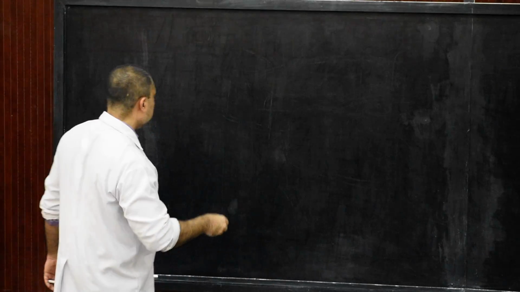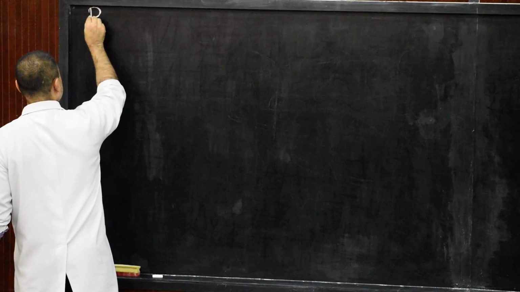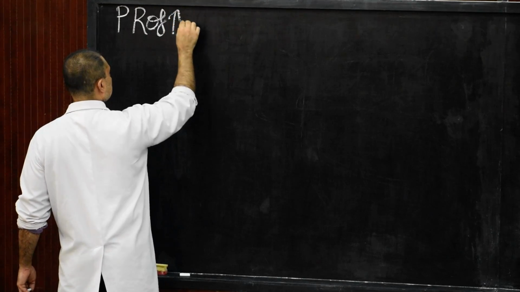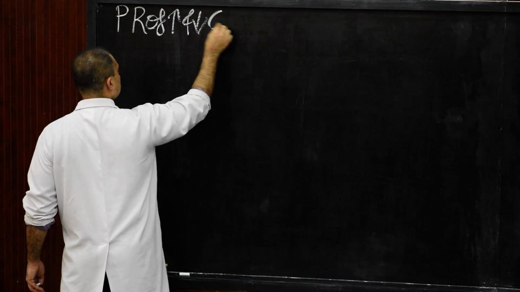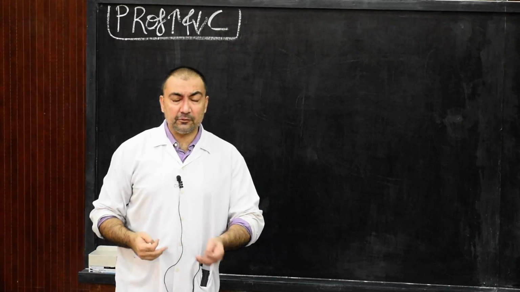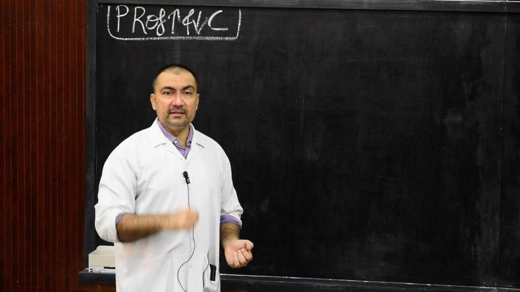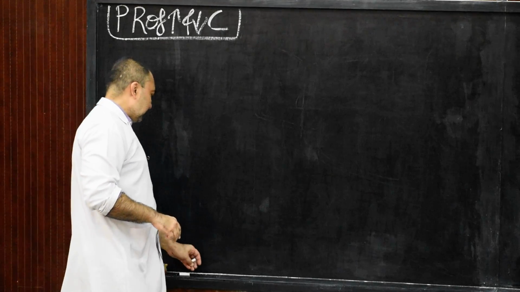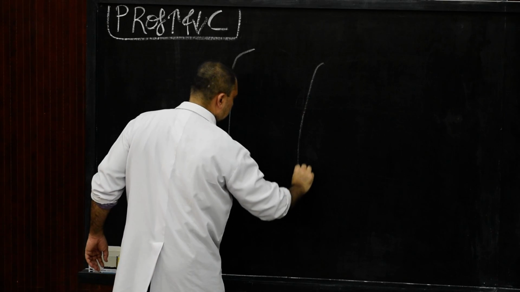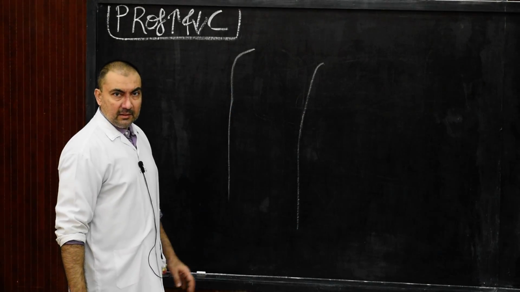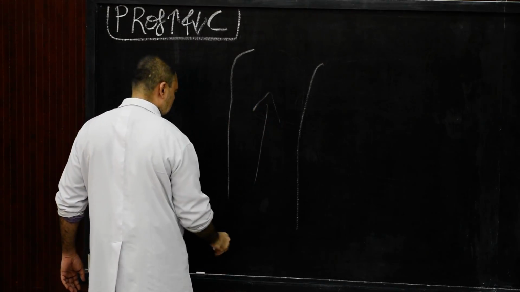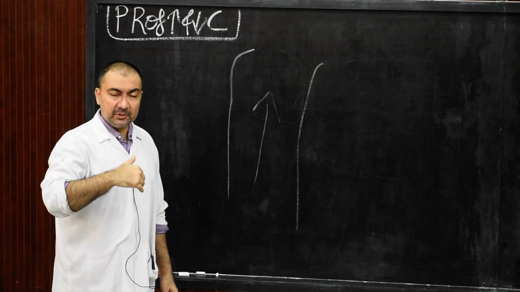mark question answer. So the name of the topic will be the posterior relations or posterior structures of ascending and descending colon. So what are the structures that are related to posterior surface of ascending colon and posterior surface of descending colon? So these are the structures. We will try and draw, supposing this is the ascending colon. Now here we start, this is the ascending colon. Very light diagram.